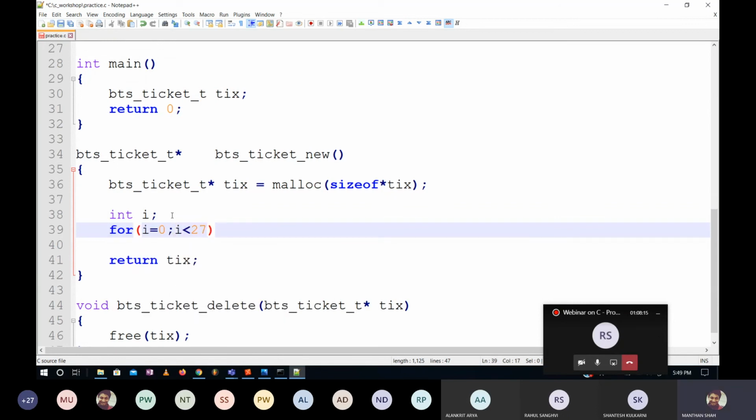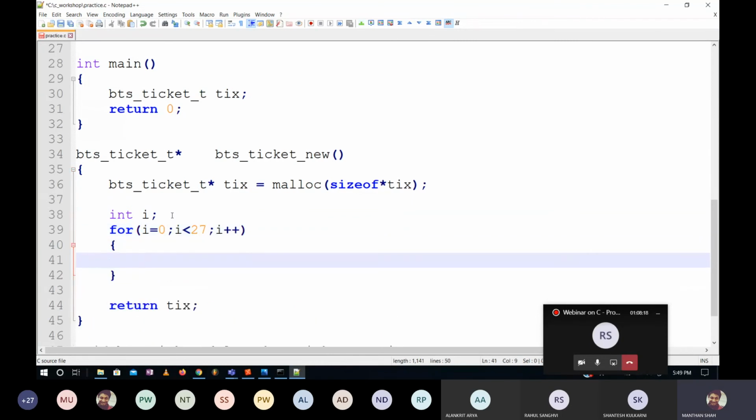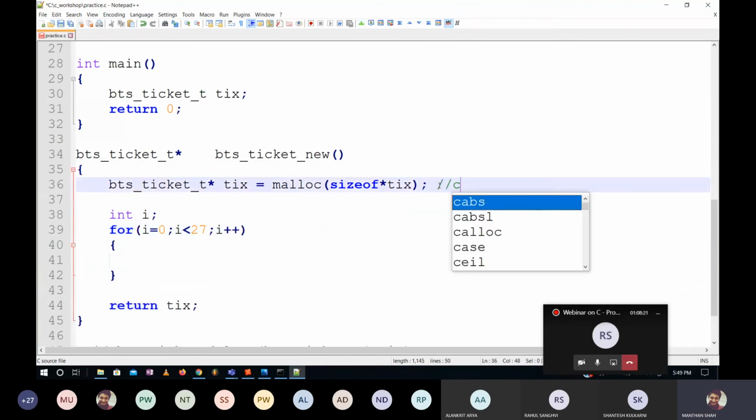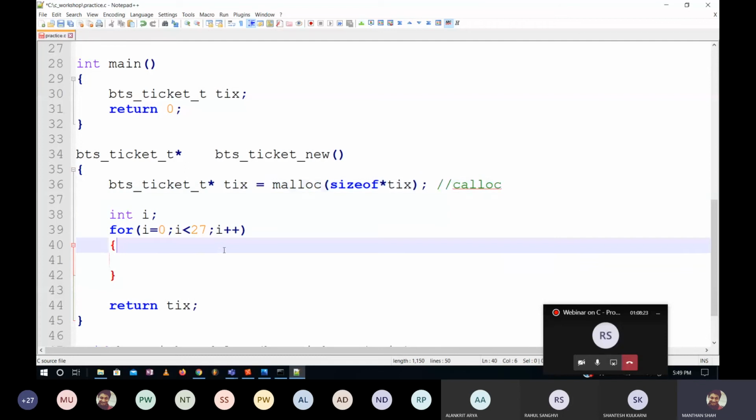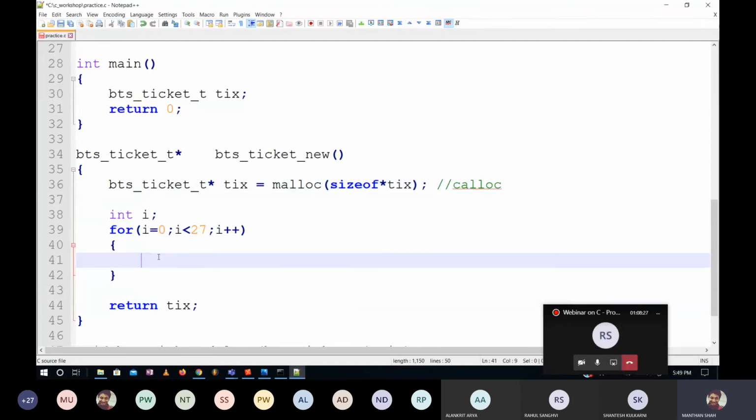I'll kind of initialize everything to 0. A much more convenient way is to use another function called calloc. I am only using malloc here, but if you use calloc, you won't have to write this block of code. It will already initialize it.